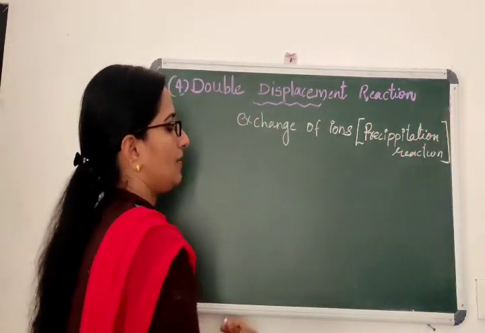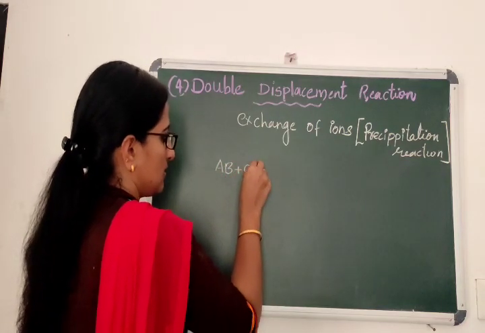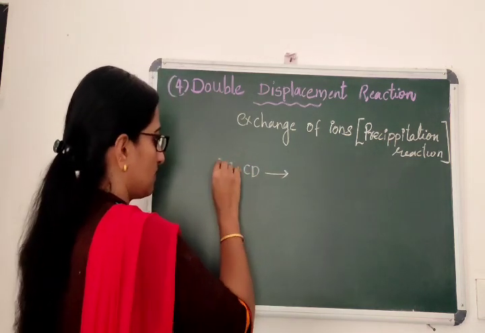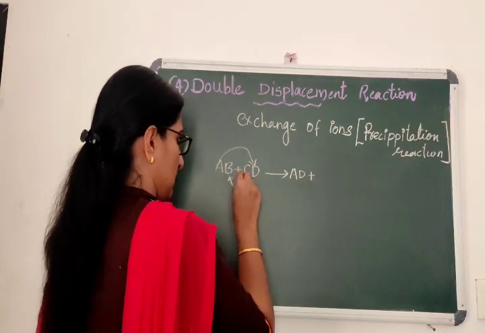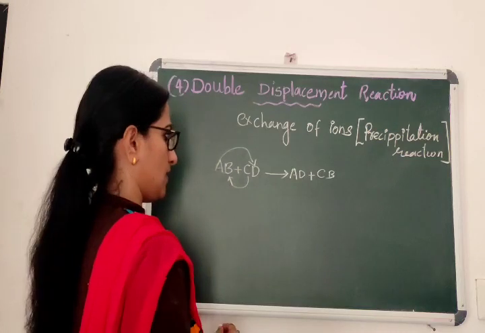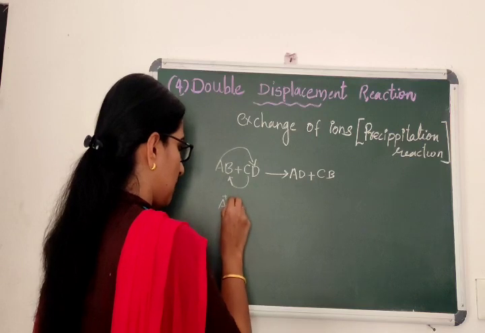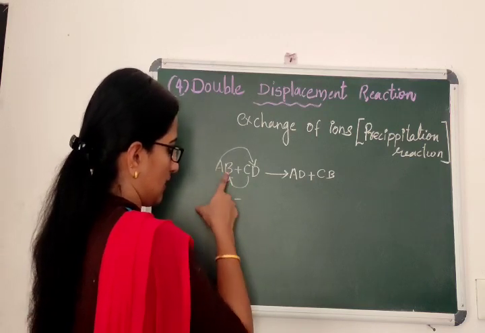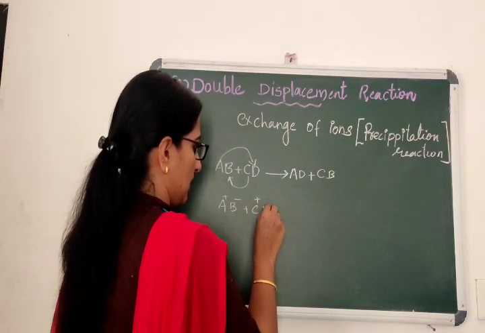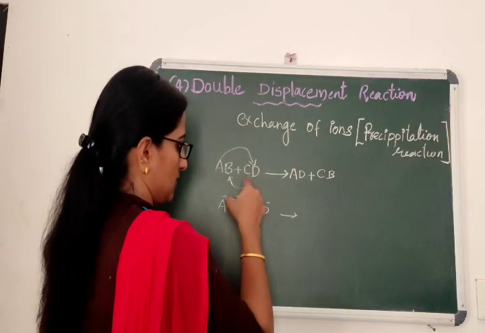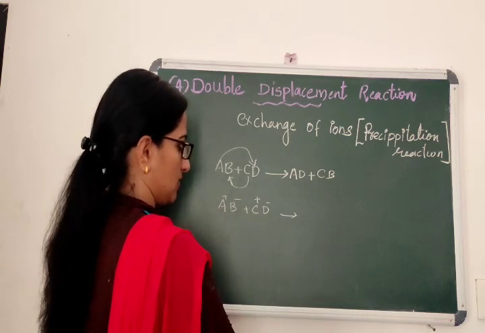Generally, you can represent the double displacement reaction like AB plus CD gives AD plus CB. So this type of reaction is called a double displacement reaction. So we know that A plus B minus, this is the cation, this is the anion. C plus D minus, this is the cation, this is the anion. So when you exchange these cations and anions,